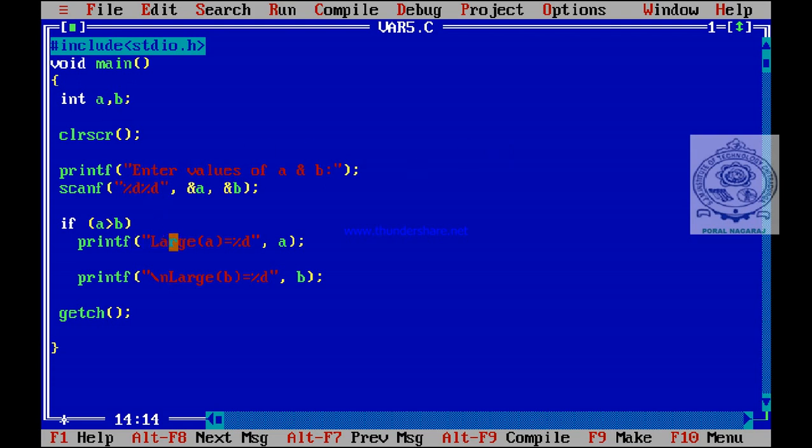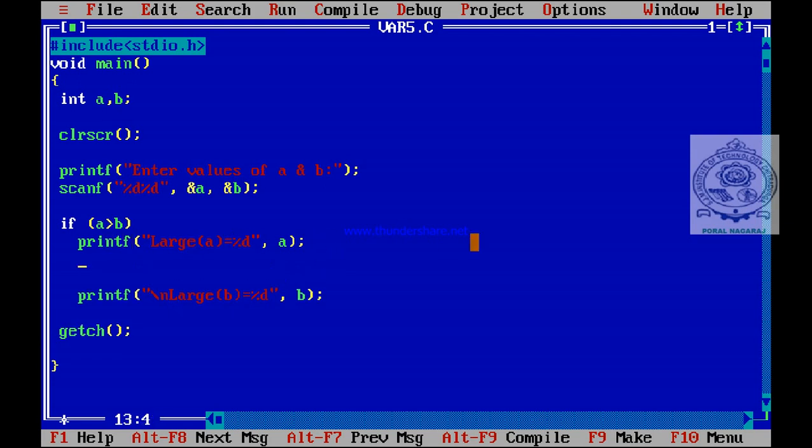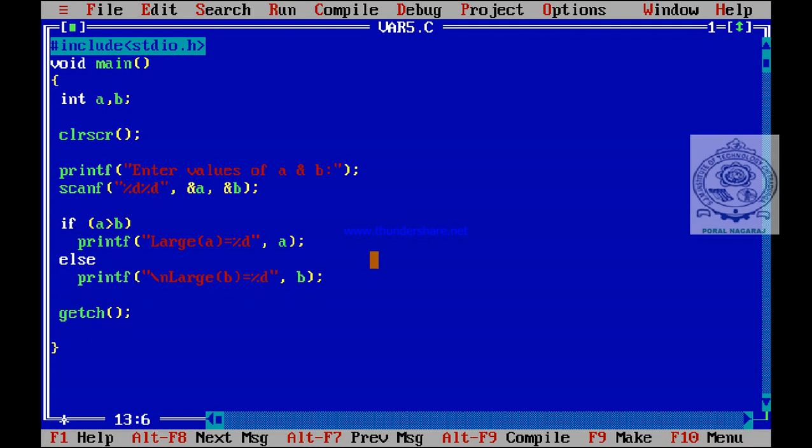So what is the if else statement? If A is greater than B is true, then the first printf statement should be executed, then we use the else part, else we use printf.